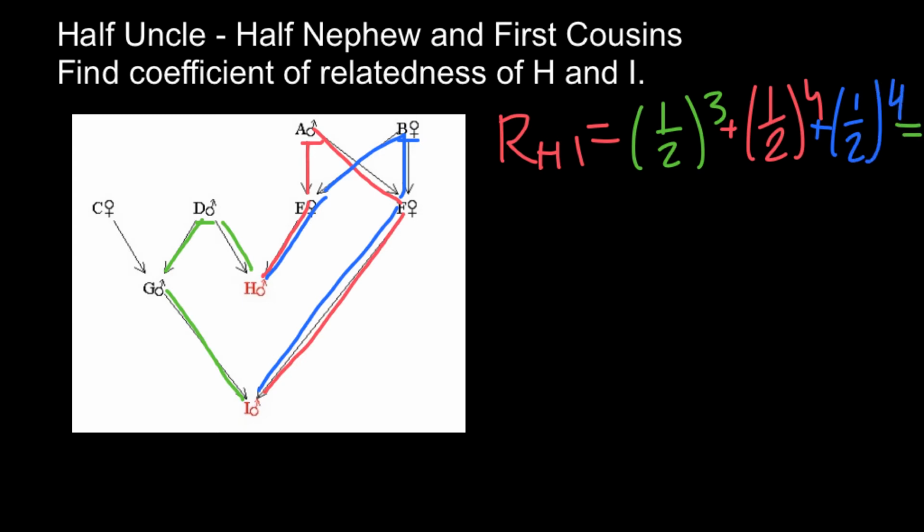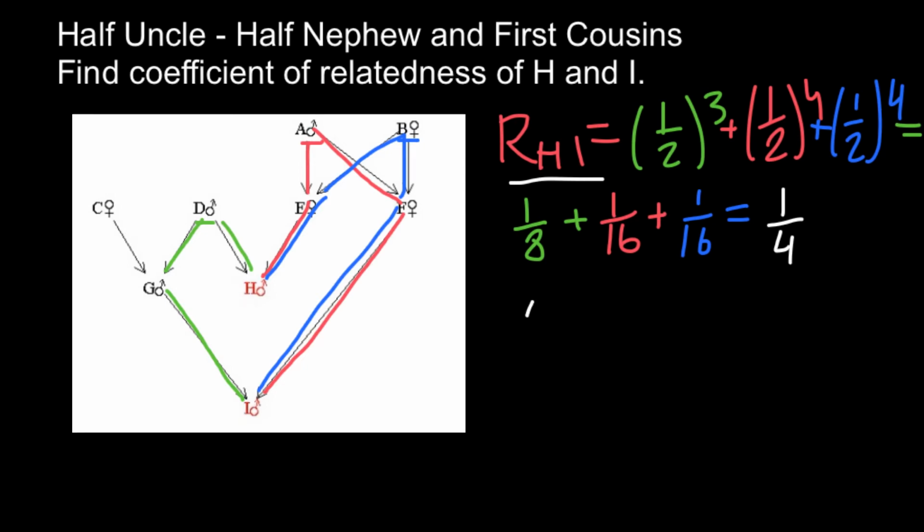So what we are going to get here: 1/2 to the power of 3 would be 1/8, plus 1/2 to the power of 4 would be 1/16, plus 1/2 to the power of 4, also going to be 1/16. And 1/16 plus 1/16 is 2/16, or 1/8, and 1/8 plus 1/8 would give us 1/4. So our answer is that the coefficient of relationship of individuals H and I would equal 1/4, or we can also say 0.25,